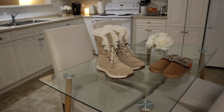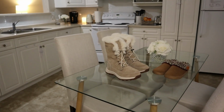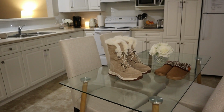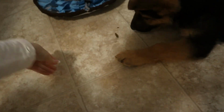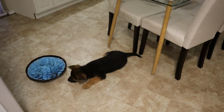Not that I anticipate we're going to be walking at -30, but you never know, because German Shepherds are a cold weather breed and they have a double coat. And I've heard of German Shepherds that love being outside, even when it's like -20. Have any more kibble? Oh, there's a kibble. Obviously I'm not going to make him walk when it's super, super cold outside,